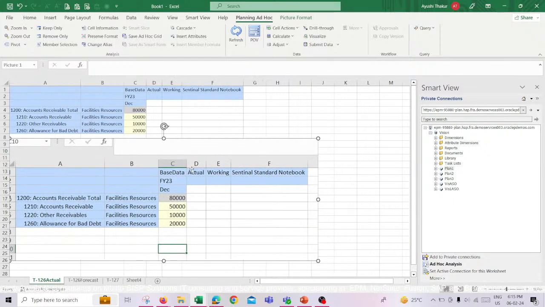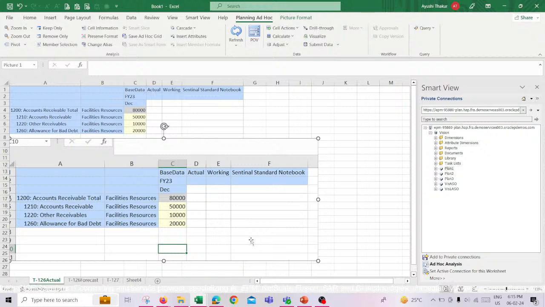See, the same POVs I have selected; the scenario has been changed, the year has been changed, and the month has been changed. The rest of the data has been copied over here. After that, current month plus 12. After that, you can do the forecasting for the other next months over here, and you can use the same rule